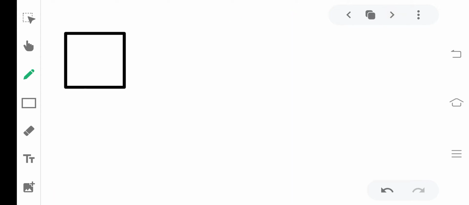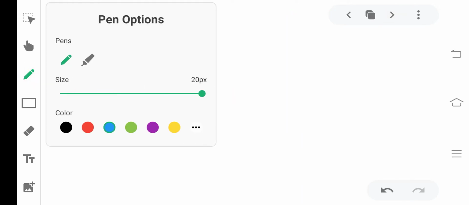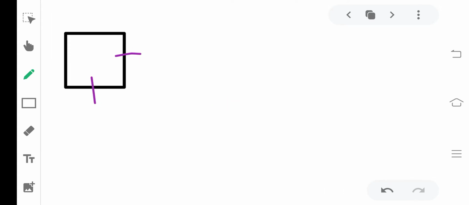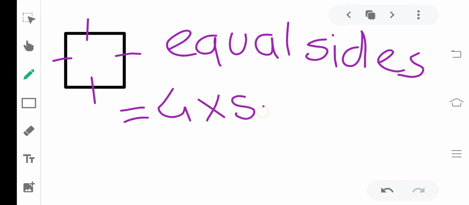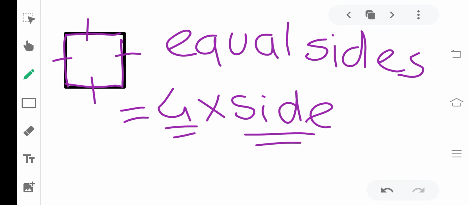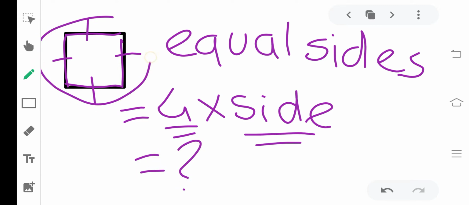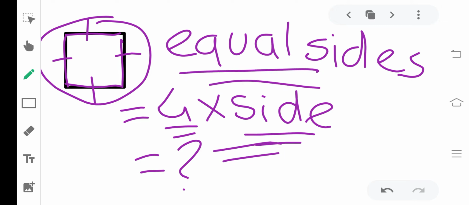Okay, see, this is the square which contains equal sides. That's why its perimeter is equal to 4 into side, because the square has 4 sides. See, this is your one side, this is your one side, this is your one side, and this is, it means you have got 4. Okay, and the side is equal to the side given, then you will get your perimeter. Okay, this is the simple trick you should understand, and then you can understand it.